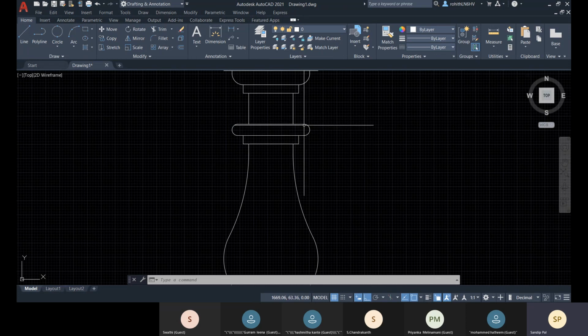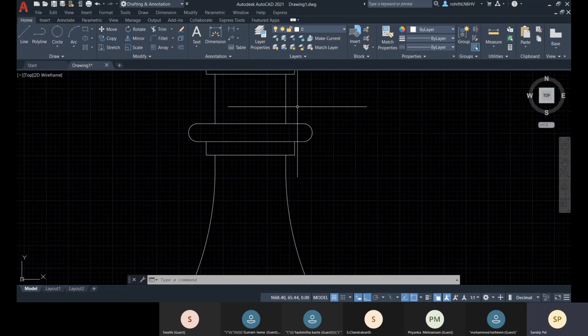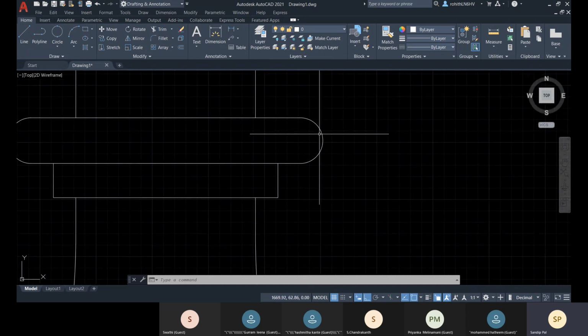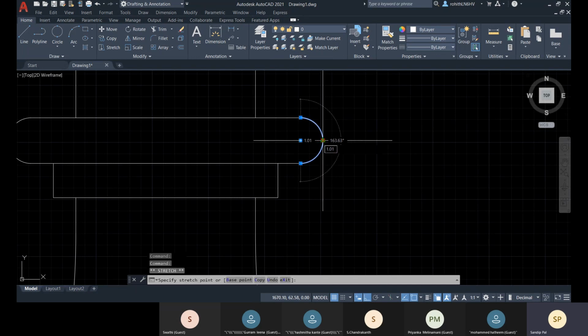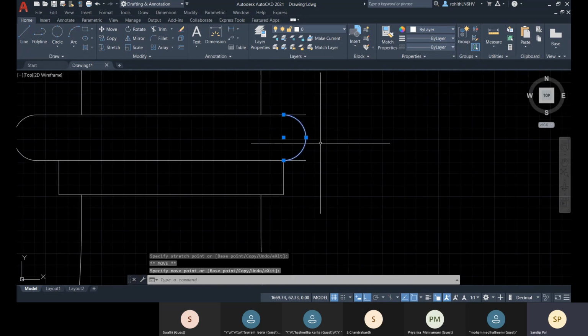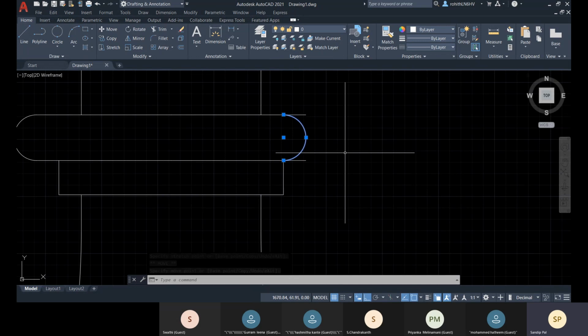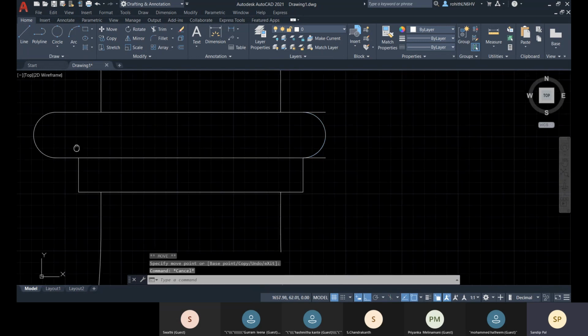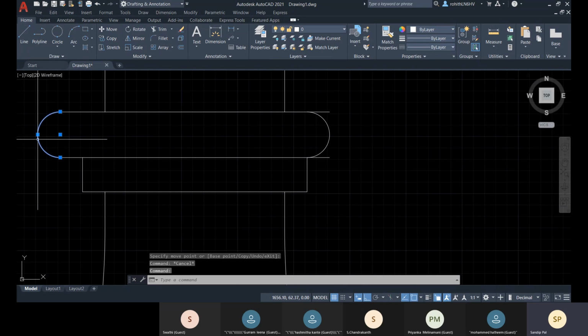For this part, I think I have done some mistake there. Okay, so don't worry. Let me fix this. So from here, I'll move it, and I'll fix it here. Yeah. So here it is fixed. So that will be the same for this.